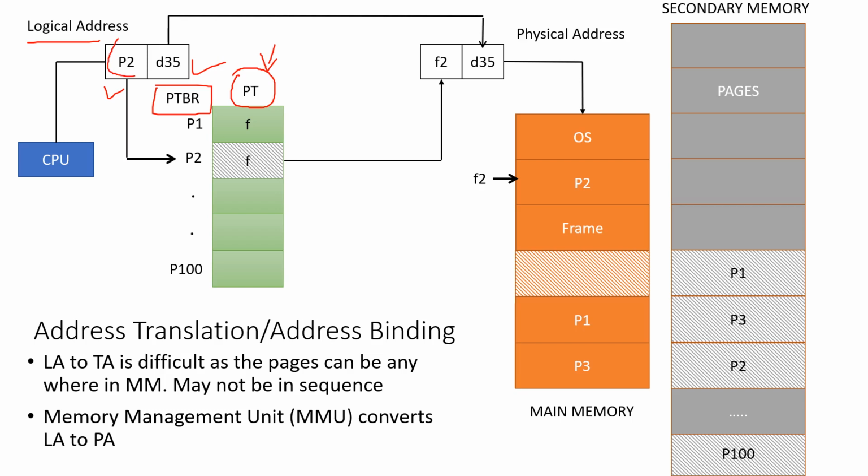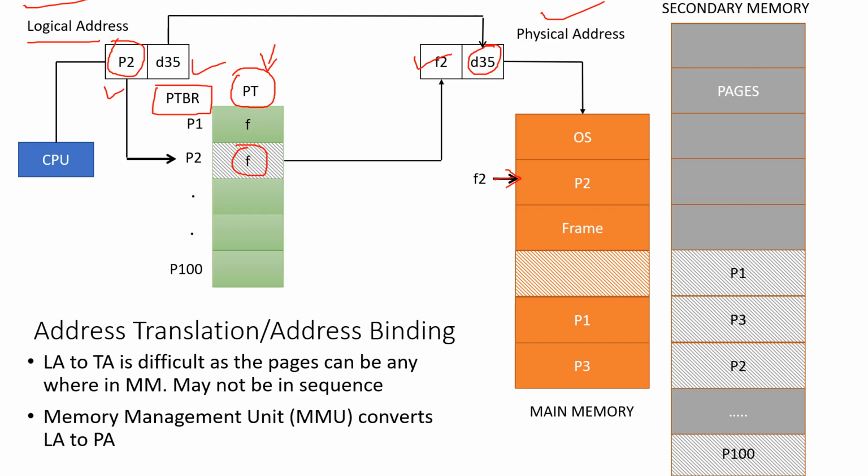So from this logical address, we get the location in the page table, from where we'll get a corresponding frame of main memory, which is shown as F2 here, and the instruction offset is already there. So we can find out a particular location in main memory to get the data for that particular instruction line. So this is how logical address is getting converted to physical address.